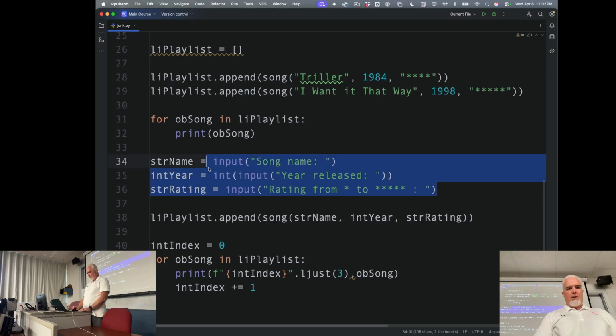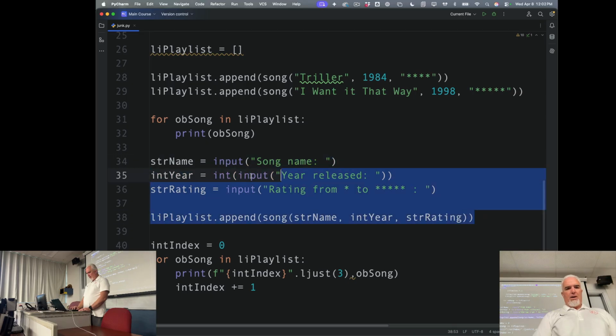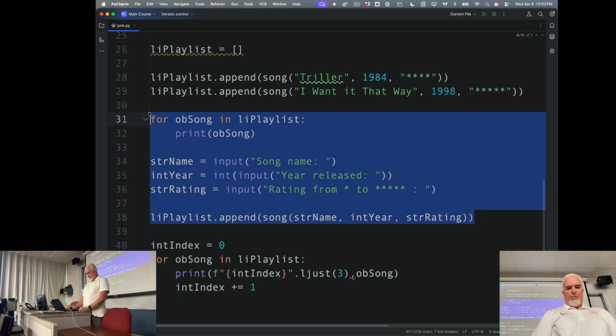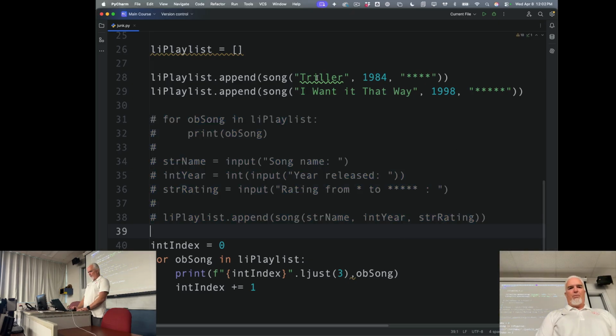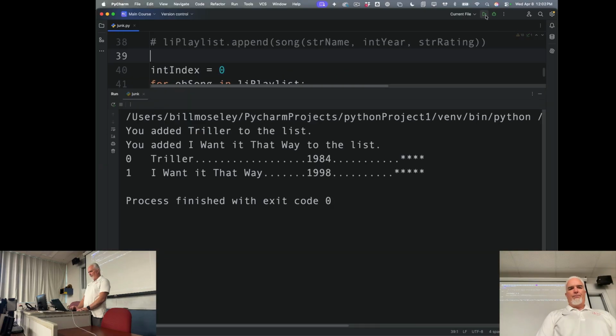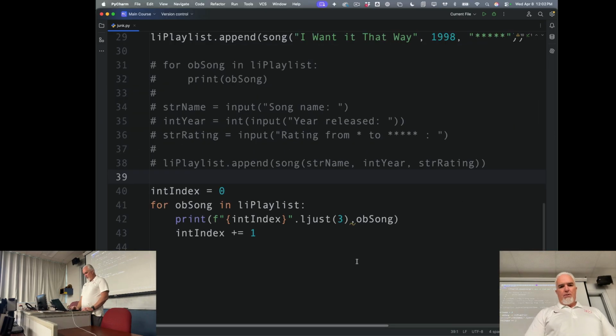So now I'm going to just print the ones that are in my database so I don't have to retype that stuff every time. So I'm going to just create these 2 songs and then print them out with the index. Okay, so there's my index 0 and 1. And that way I can access,